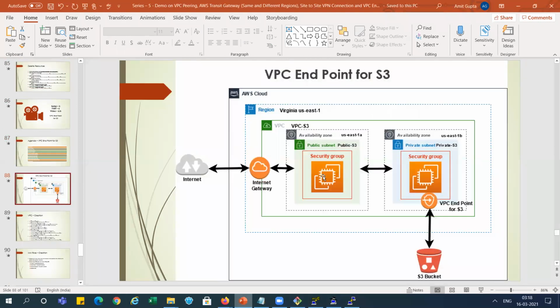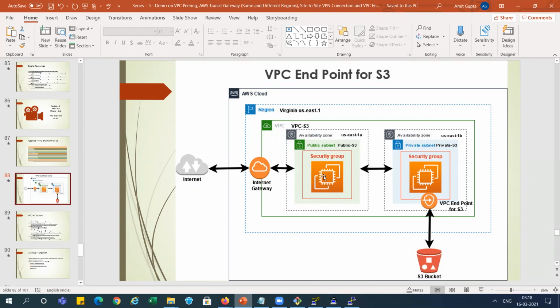We have created this VPC, this availability zone, and this instance also created. We created the S3 bucket. This instance, which is in the public subnet, can successfully connect to the S3 bucket using AWS S3 ls, because I already assigned the same role to both instances.